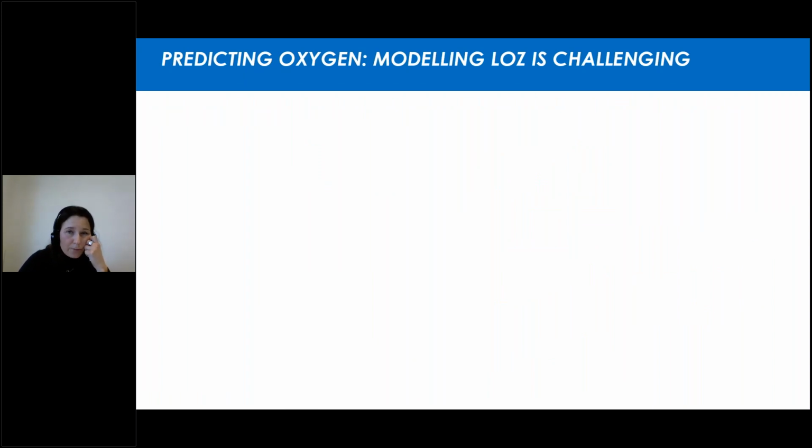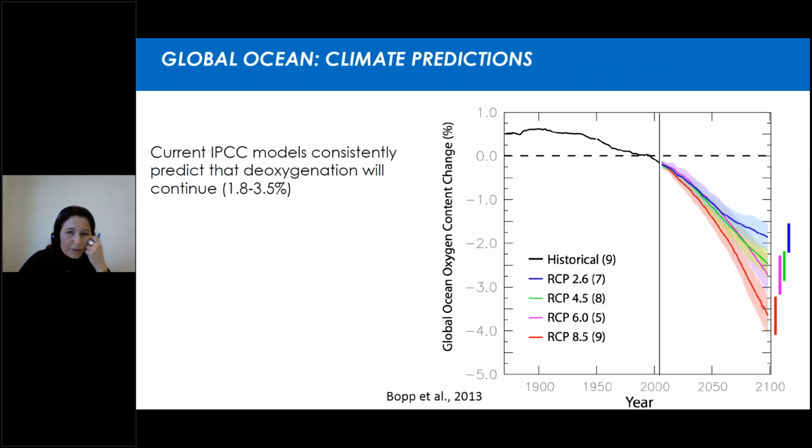So now for the prediction, for the modeling of low oxygen zones. Modeling low oxygen zones is also challenging. So here you have the prediction for the end of the 21st century of the oxygen content of the ocean. You can see that the different models agree that the oxygen will decrease. The different colors represent the different scenarios. And you can see that in the different scenarios, you have a decrease in the oxygen concentration going from 1.8% to 3.8% if you speak about the scenario 2.6, or if you go to the scenario